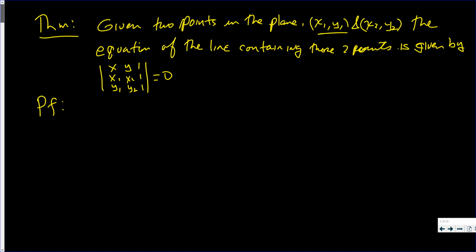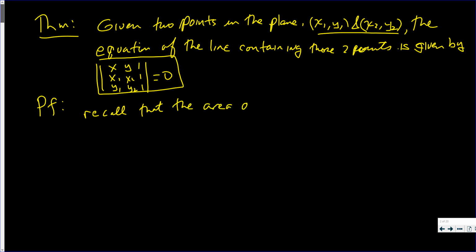Given these 2 points in the plane, the equation of the line containing those 2 points is given by this equation. And we want to prove that that's the equation. That determinant equals 0. That's the equation of the line. Well, recall that